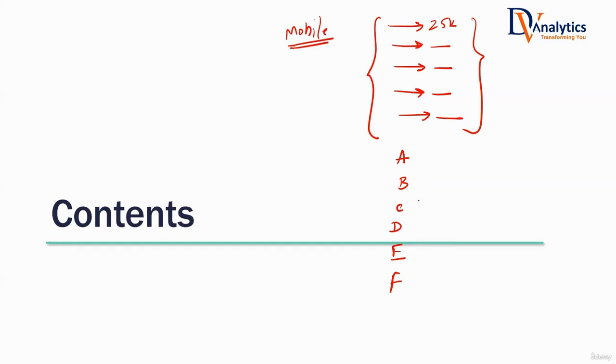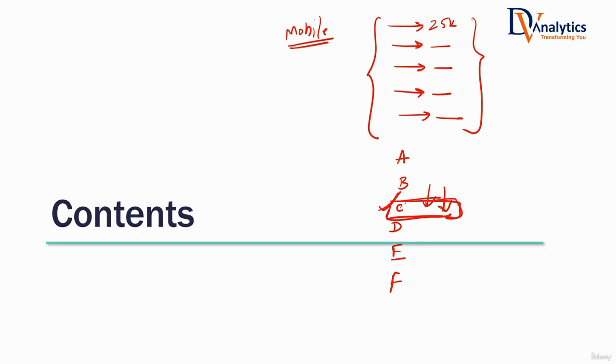Which one are you going to buy out of these 6? How do you decide that in general? Don't think from a data science point of view. In general, how do you find that one phone you're going to order? Based on the ratings and reviews. You will go for the smartphone that has the highest ratings and reviews. If everybody is saying this is a good phone, you tend to go for it, isn't it? That's what I follow. That's what you follow.